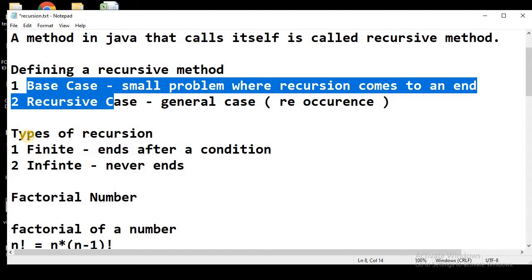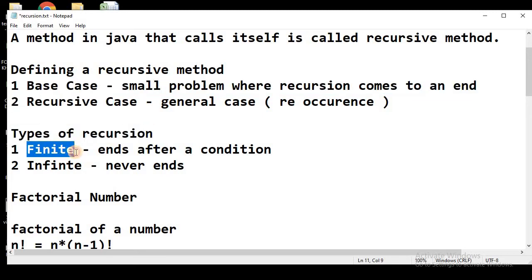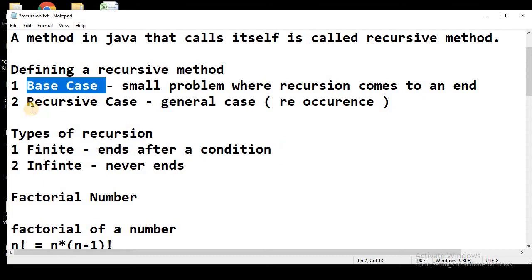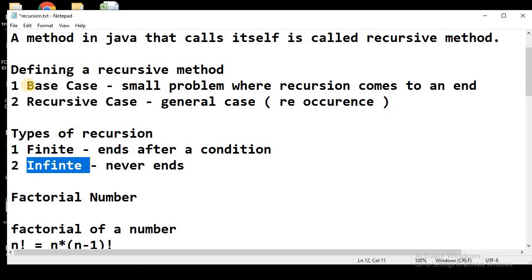Let's see what the types of recursion are. There are two types of recursion. One is finite recursion, which ends after a certain condition. That means it includes both cases, the base case and the recursive case. The second type is infinite recursion, where the base case is absent.